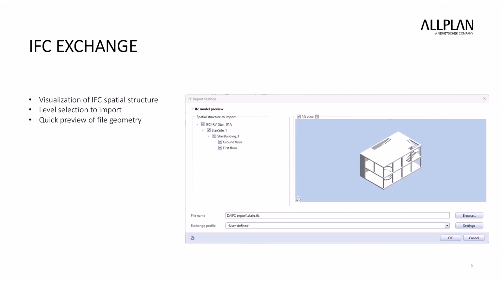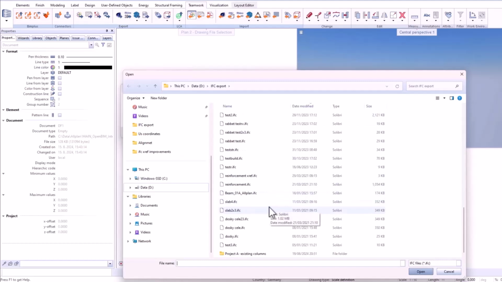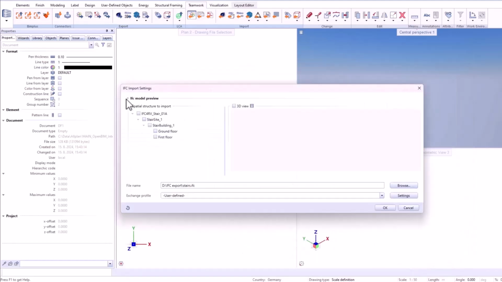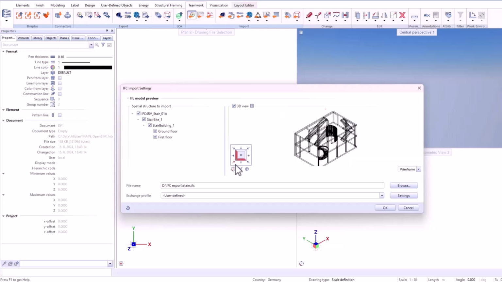And saving time is the same approach we apply for IFC import to simply achieve the information which is needed. We have now a 3D preview to check the content of the file before it is imported, and we are also showing the spatial structure for import, so it is very easy now to reach the right information and import only the data which are needed.